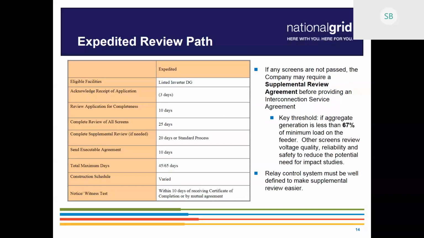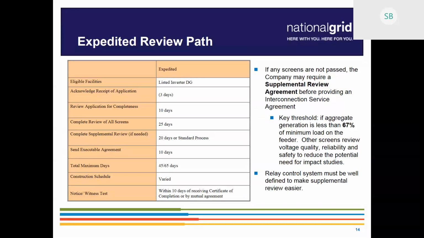The timeline is as follows. The acknowledgement of the receipt of application, application review, and screening take roughly 35 days, 30 to 38 days all encompassing. A supplemental review takes 20 business days. That said, that's 20 business days for the company's responsibility to the process. That can be elongated if there are updates to documentation, changes to the project system size, inverters, or what have you, based on the communication between you and your job owner and the overall screening inquiry from the engineering staff.